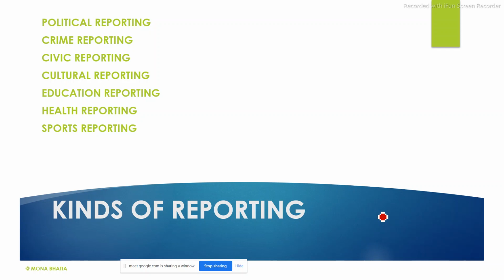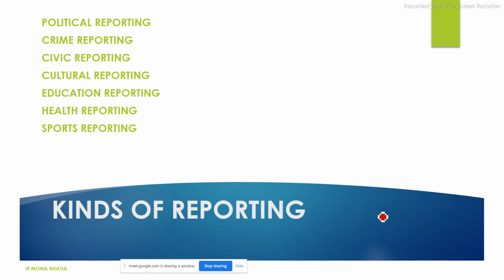Some people have no interest in sports news, they just skip that column, but their importance can be gauged from the fact that newspapers have a separate section to carry sports news. Last page is always for the sports news, right? So this news could be at the local, state, regional, national or international level, whatever it is.